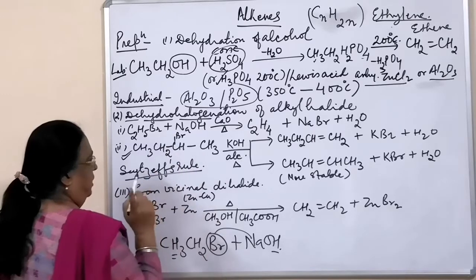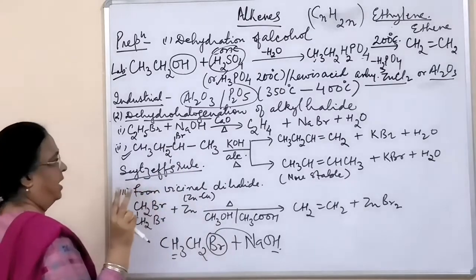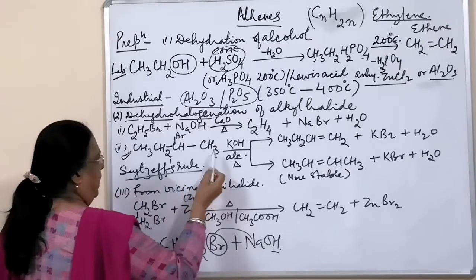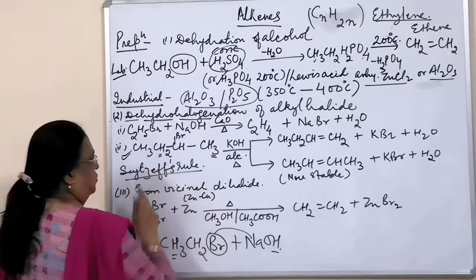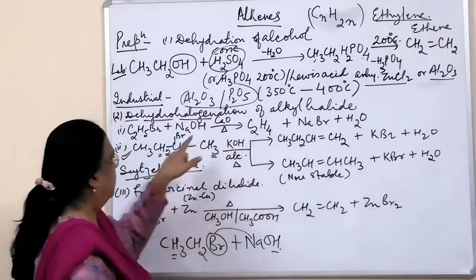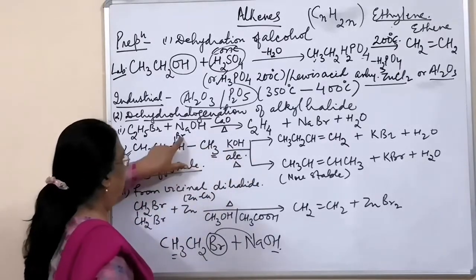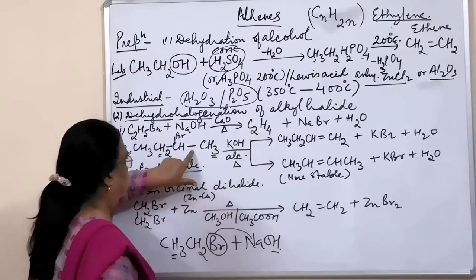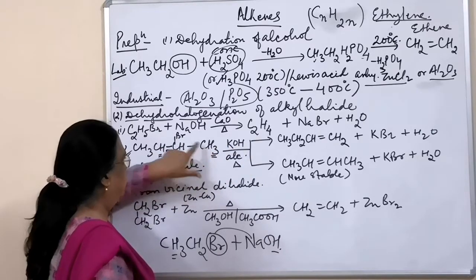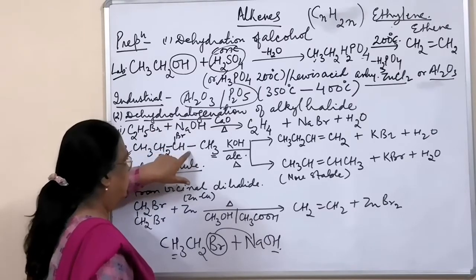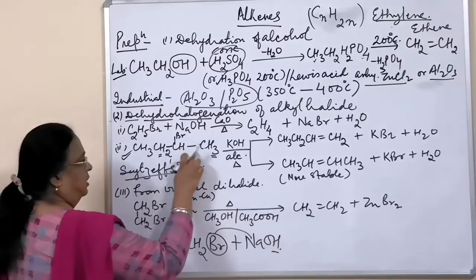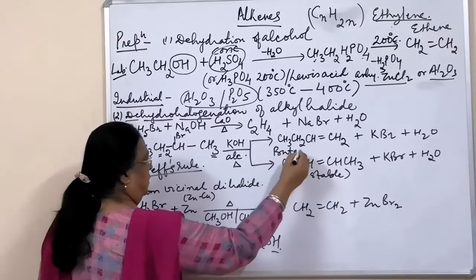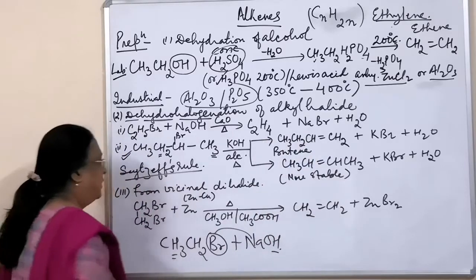Halogen will be out and one hydrogen. So there will be two ways to remove hydrogen. One is hydrogen from one side and the other is hydrogen from the other side. So first I take it from one side. So KBr will be formed and the hydrogen and OH will be forming water. So if hydrogen is out from here, Br from here, then the double bond we will have on the terminal, as you can see here. And this is simply butene, or butene-1.